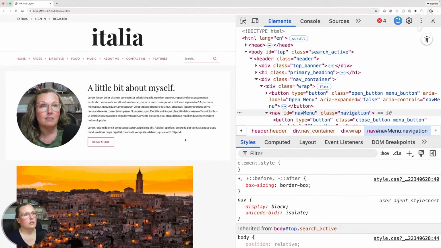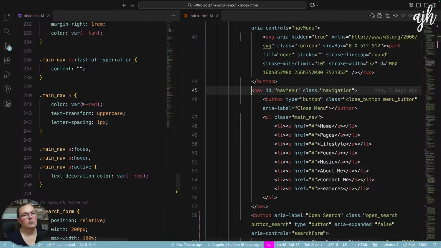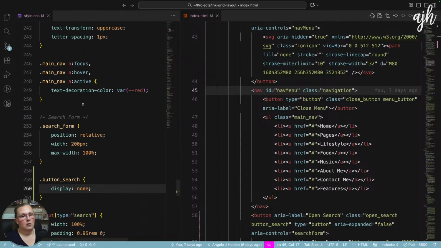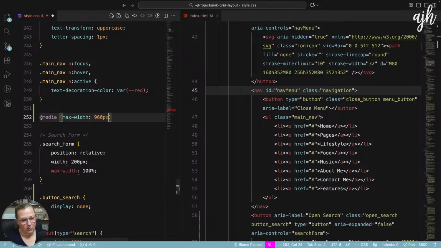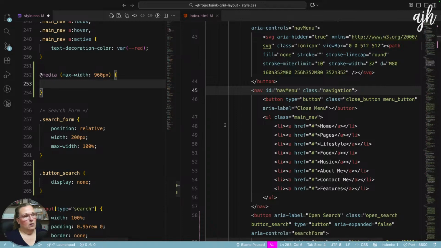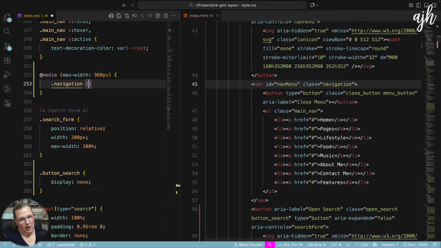So first, we're going to hide our nav element, which is right here. And I think I'm going to hide everything at a width of 960 pixels. So we'll write our media query. Navigation is going to be